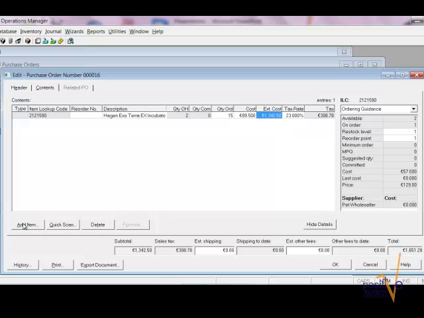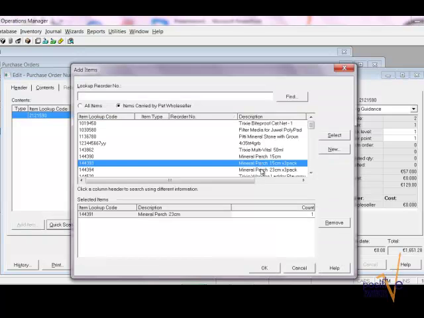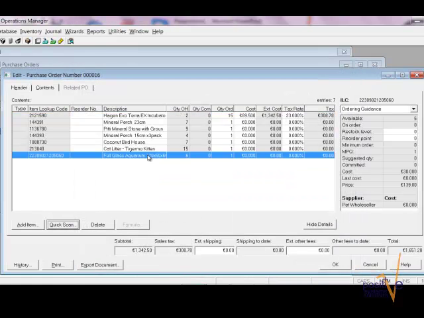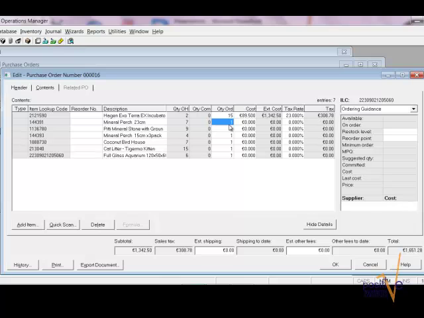If you want, you can add more items and choose from the list by just simply double clicking, and then you see the items on the list again. You can amend the quantities for those items as well as the prices. I'm going to speed this up a little. Okay, once you've amended all that information in the white columns, you can click OK and leave it for the moment,